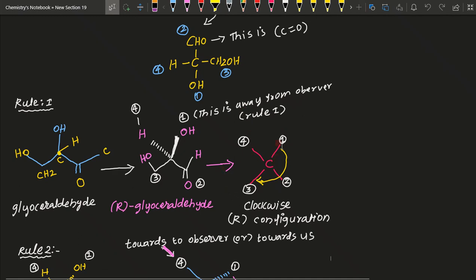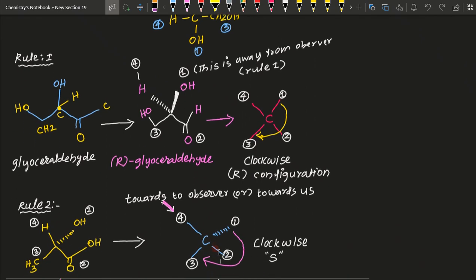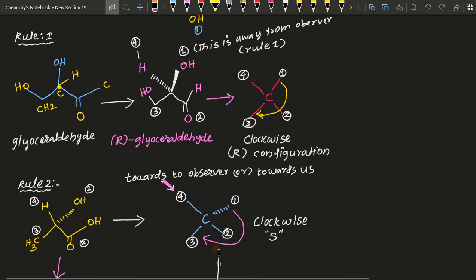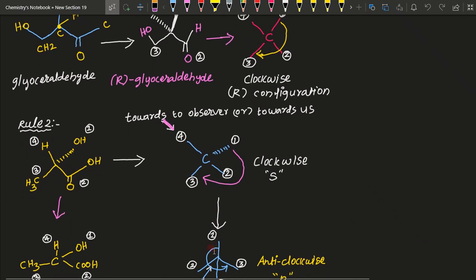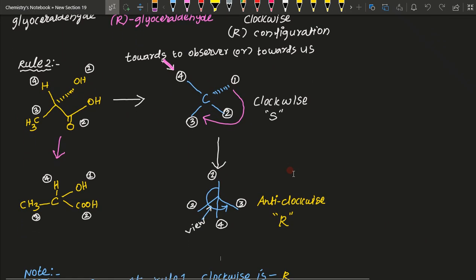So one, this is clockwise going to 1 to 3, we are 2, this is our configuration. Rule 2, towards to observer or towards us, see the molecule, so it is also going to clockwise, 1 to 3, we are 2, clockwise. So this molecule,